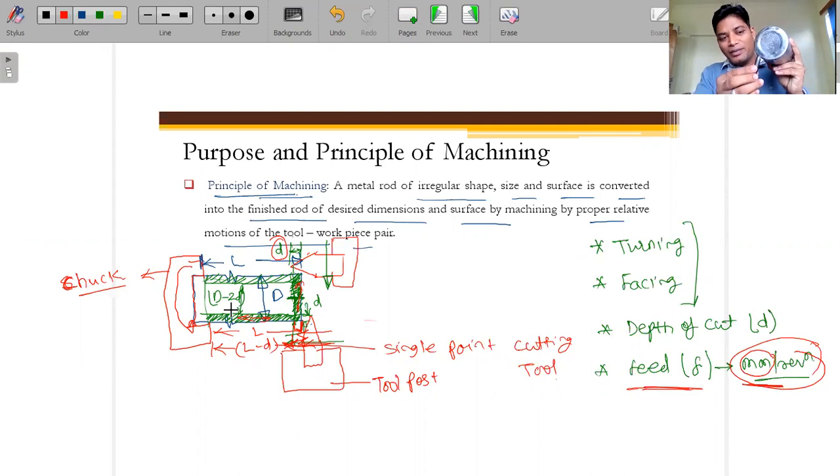If we are maintaining this depth of cut, for example, and we have to remove this material, and we push the tool in this direction, then the material will not be removed, because this tool does not have that much strength that it can remove material from a stationary shaft.